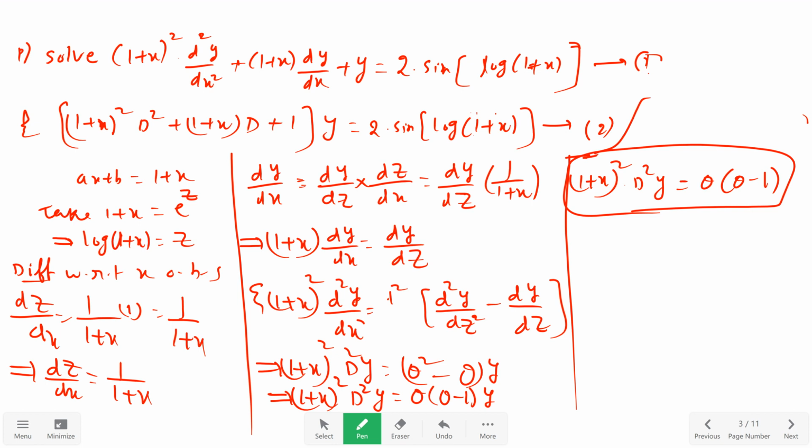So next, substitute these values in equation 2. Substitute these values in equation 2, we get equation 2 implies